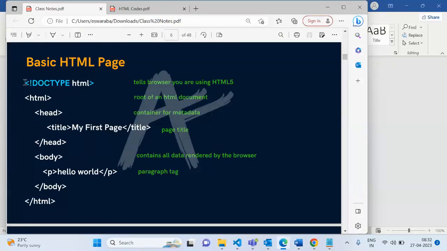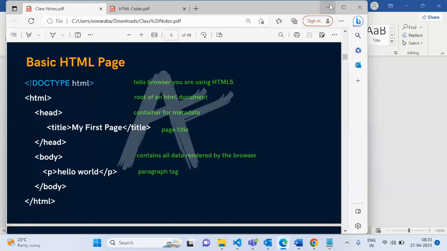Every HTML page will consist of the doctype. What do you mean by doctype HTML? Doctype means it is saying it's a document type. DOC stands for document. What do you mean by document? Document in the sense of any white paper on which something was written. That's called a document.